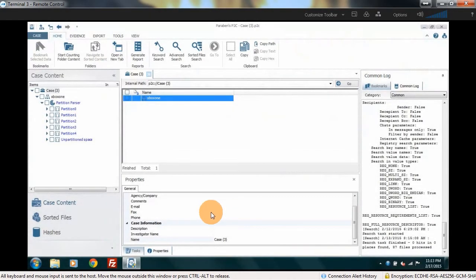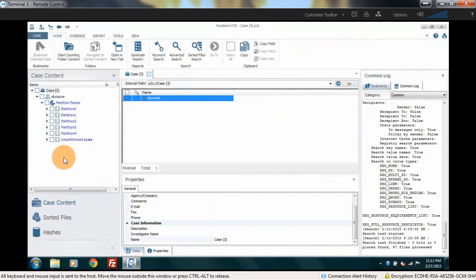Let's next take a look at Xbox Ones within P2C. We have imaged an Xbox One. This Xbox One doesn't have nearly as much user data. It's fairly new and unused, but it does have some. And we have taken an image in the same way using PFR and loaded that in, and we did a